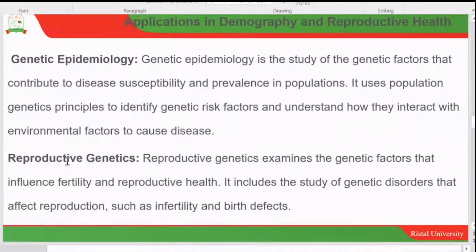So, in genetic epidemiology, which is the study of the genetic factors that contribute to disease susceptibility and prevalence in the population, you should be able to understand population genetic principles to identify the genetic risk factors. So you should be able to look at the distribution of a certain genetic composition within that population to be able to understand the risk factors that are associated to a particular disease